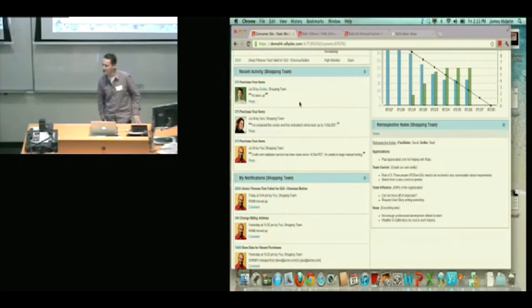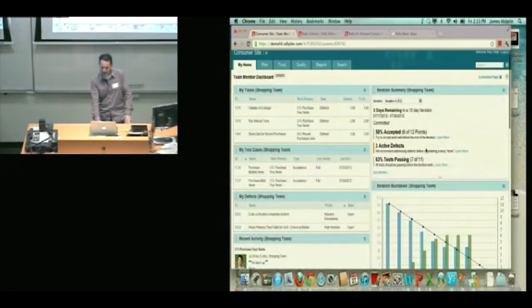There's discussion threads inside of the tool. Not so helpful for a co-located team, because in Agile we want everyone to kind of communicate directly together. But as soon as you're working in larger multi-team programs, or you have people off-site, distributed teams, having communication threads captured in the tool is very helpful.